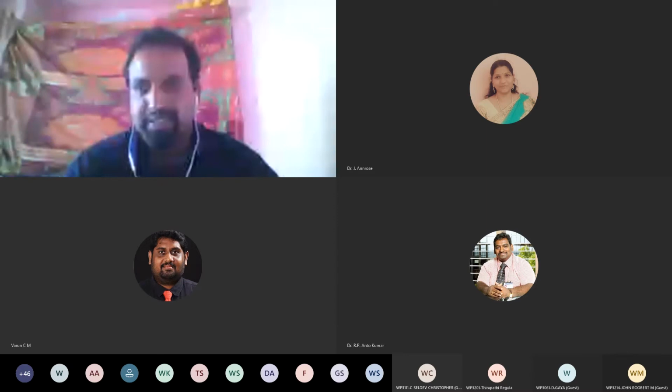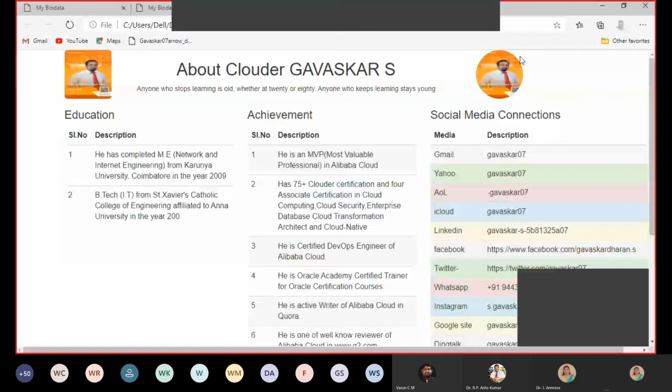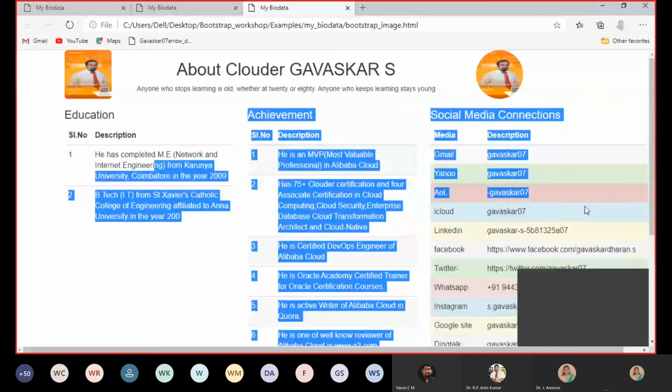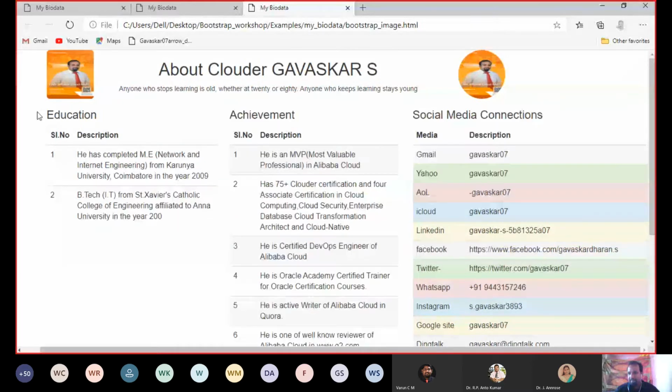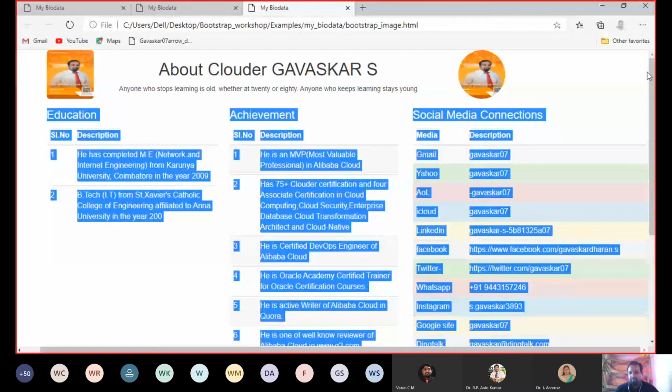You see, here it is bigger. The reason is, it is 12. This is somewhat bigger than this, because here I have given 12, and at the top I have given only 10. So it is smaller. If I give 12, it will come till here, so that it will look somewhat good. I hope all of you understand this. Here I have given 10 and here 12, so this is smaller and this is bigger.